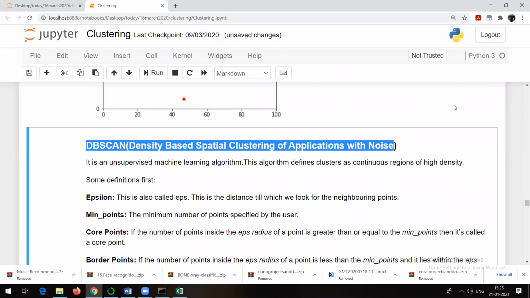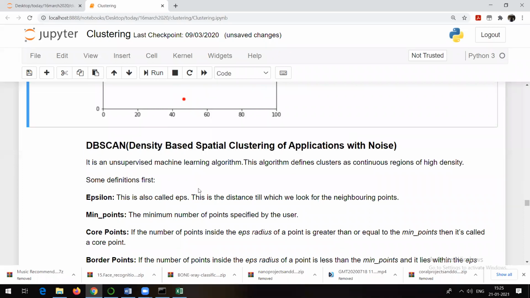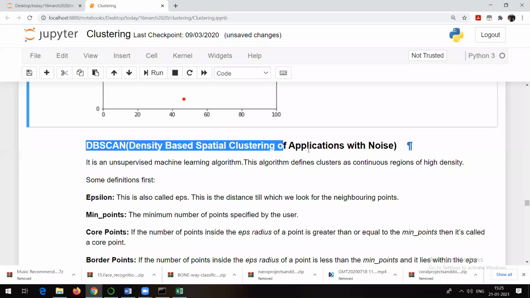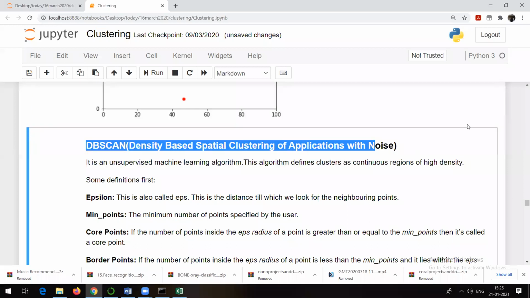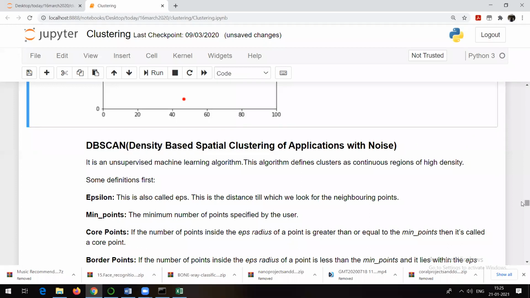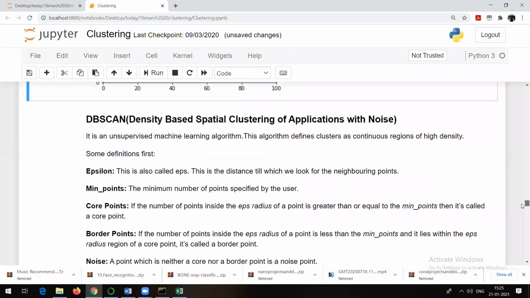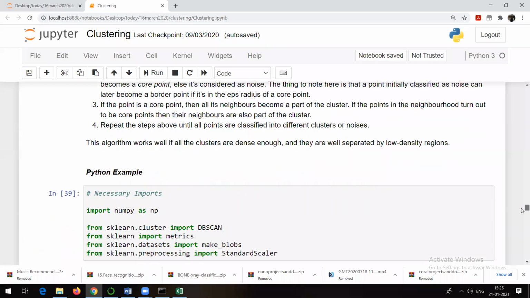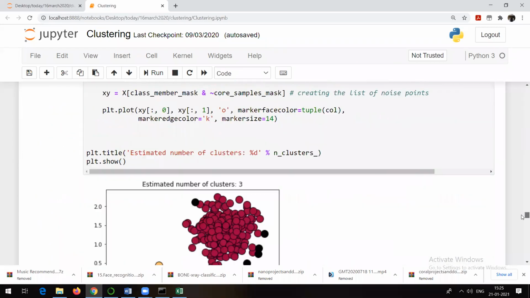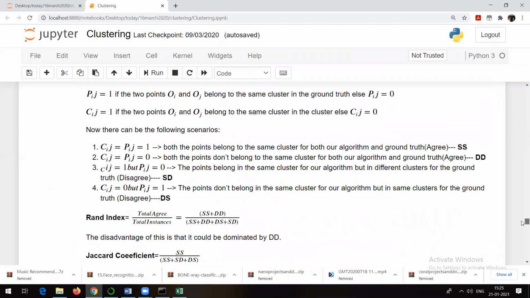Those who are interested can refer to my YouTube channel. I already explained the theory part of the DBScan algorithm there, and even the elbow method and those things, with a really good example. The implementation of DBScan is shown here, but don't worry about that.